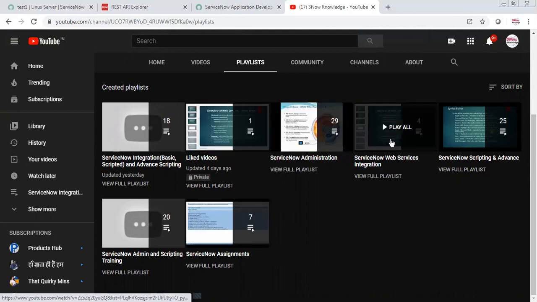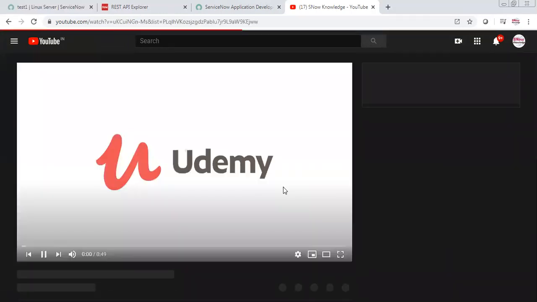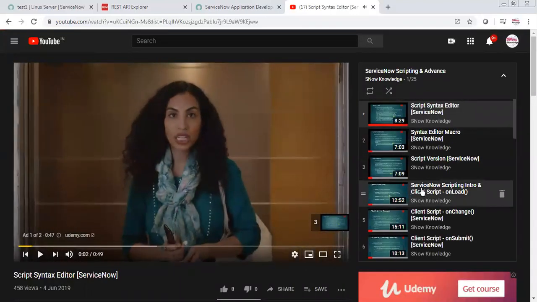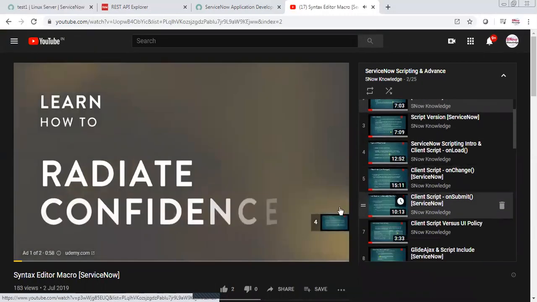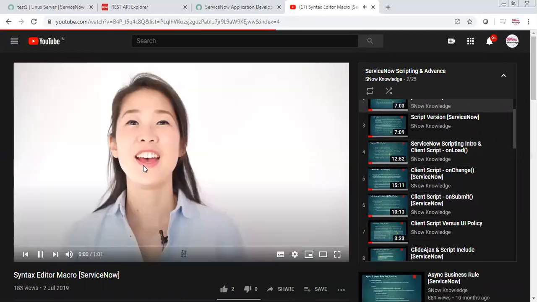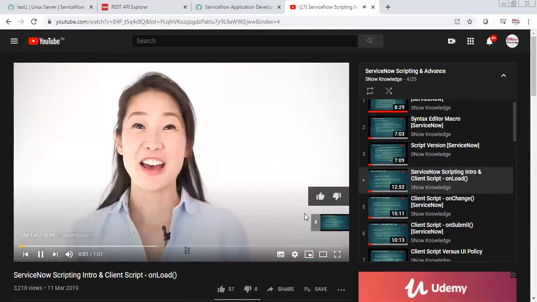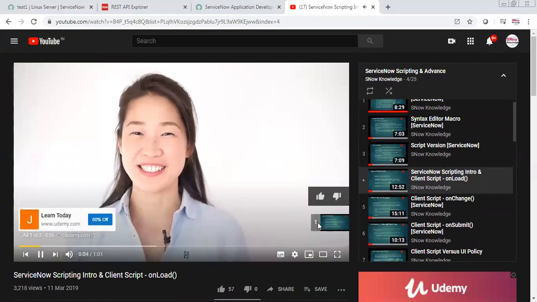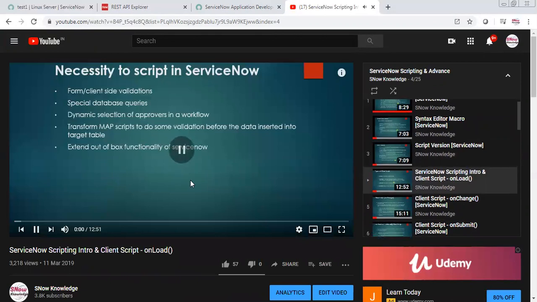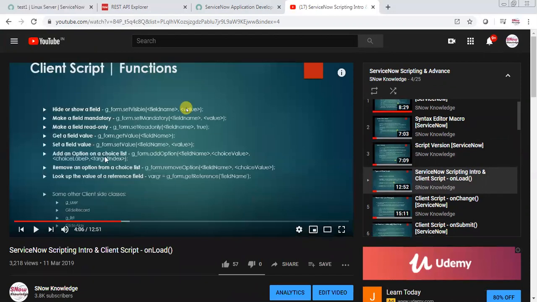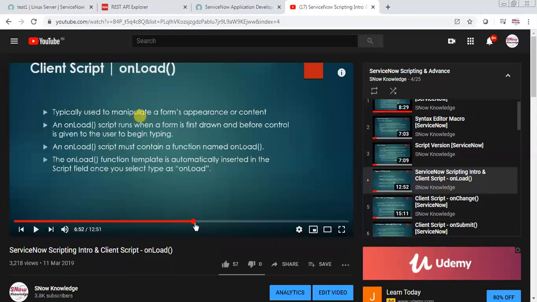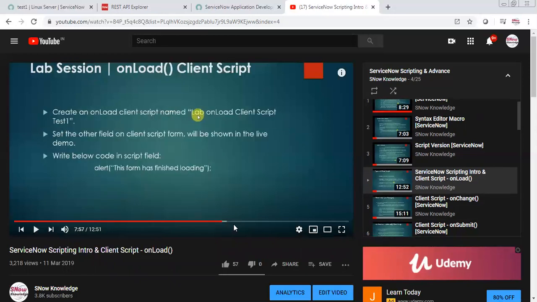Let me go to one thing here. This one, here you will find many things with the solution. So I have provided something, like onload client script. Here I have provided it with the use case. You can practice these. So like here, if you will see, this is what a client script is, and then here you will see the type, and then how you use it. So in this series, you will find examples with the kind of solution and everything. So here, onload, if I go.